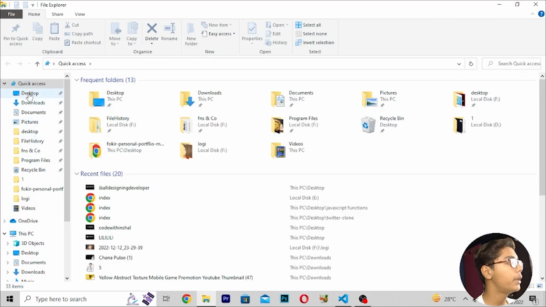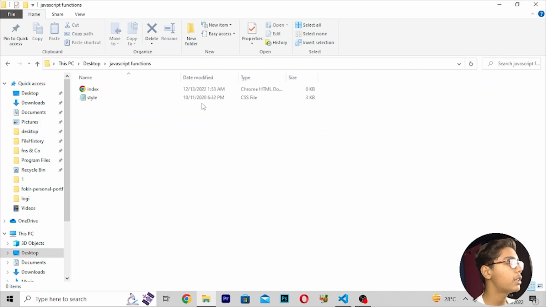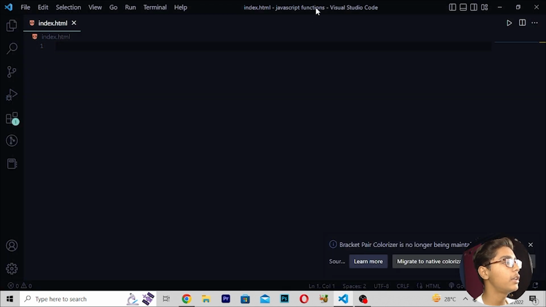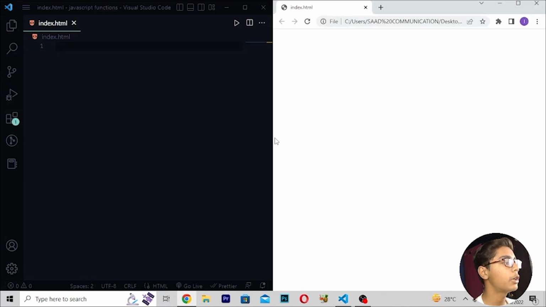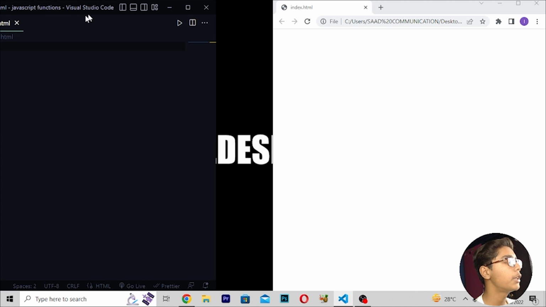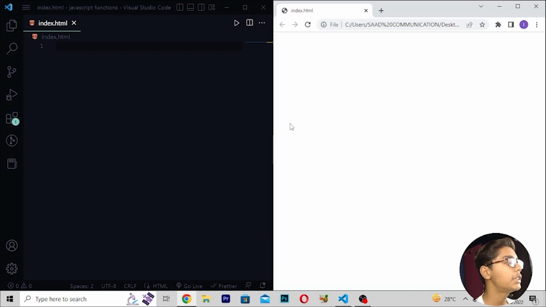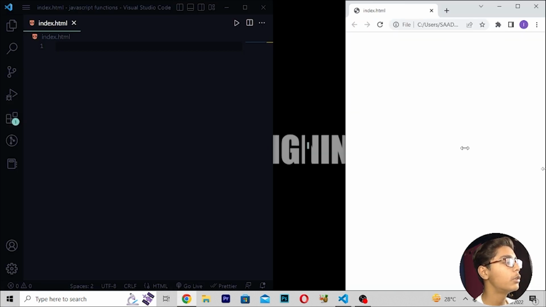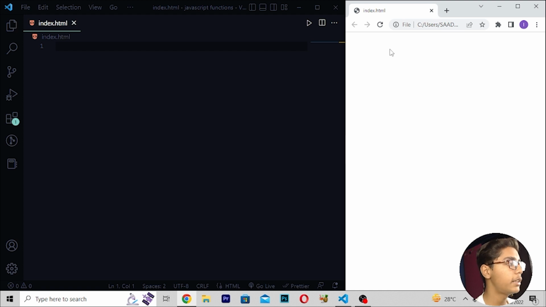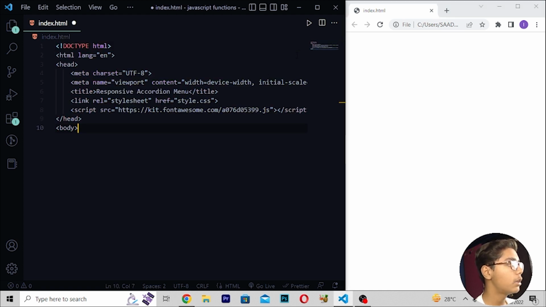Now I will open it in my default Google Chrome browser to check that it is working. You can see it is totally empty, not containing anything. I will be working side by side, because as you all know, when I'm building any project using JavaScript or any other language, I work side by side. Now I will paste the starting code here, then save it, and you have to reload.